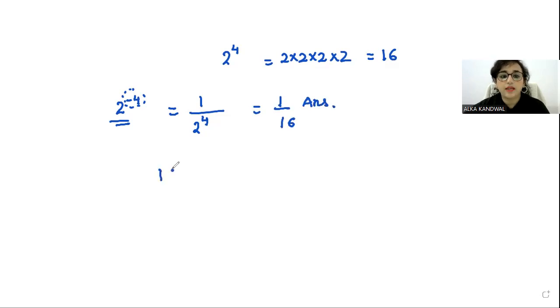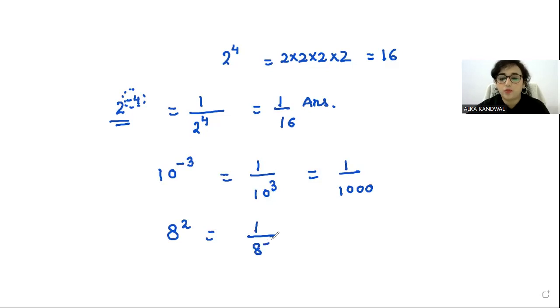अगर क्वेश्चन में आ गया 10 to the power of -3, मतलब क्या है? It means 1/10 to the power of 3. इसका मतलब है 1/1000. Are you understanding it? अगर कोई है कि 8 to the power of 2 है, इसको अगर हमको नेगेटिव एक्सपोनेंट में रिप्रेजेंट करना है तो 1/8 to the power of -2. So what are we understanding?